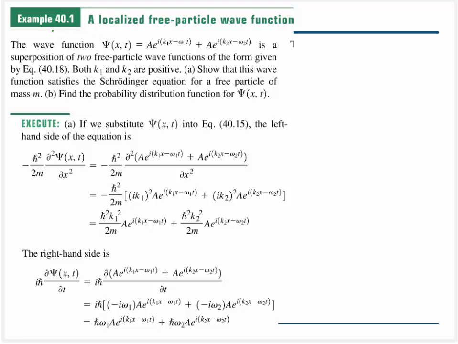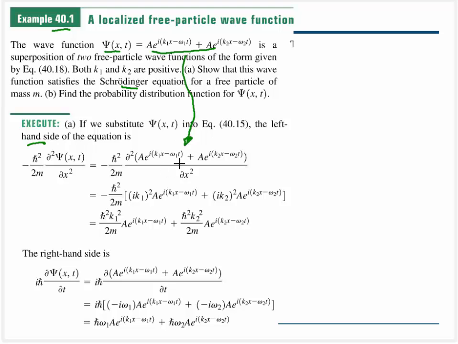So let's take a quick look at example 40.1. Suppose we had two free particles in space, then we can actually just superimpose their wave functions. So I'm going to say that the wave function is going to look like these two guys right over there. Let's go ahead and prove that this is a valid solution to the Schrödinger equation. And for once, you see I actually put the problem in here because I don't want to write all this in. So we've just taken that wave function, we've put it right down onto the left-hand side of the equation,